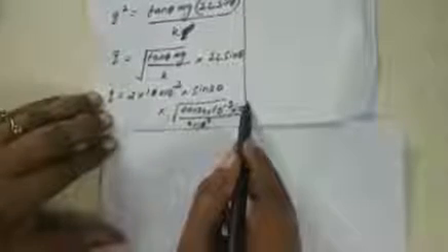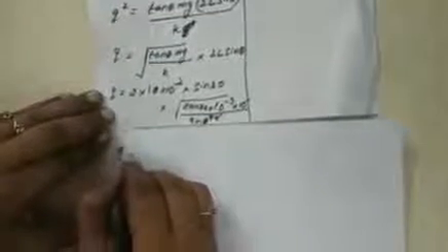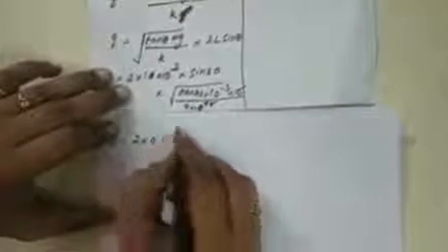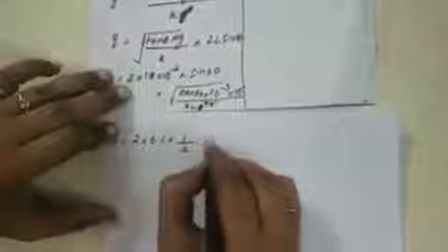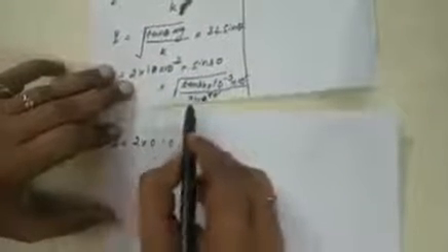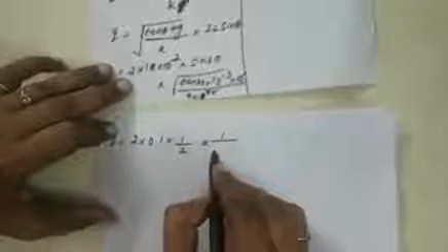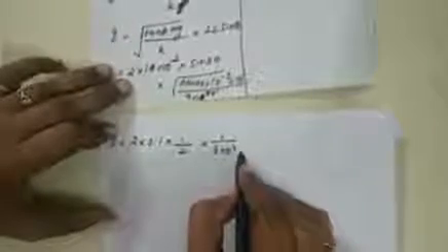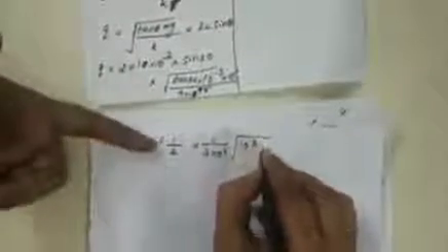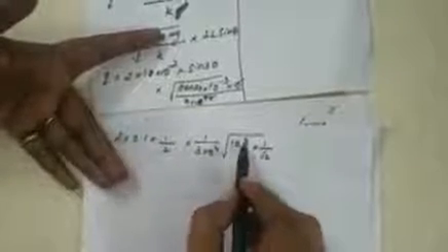So here 10 and 10 actually this will become 8. Then q is equal to 2 into 10 power minus 2, which is 0.1, into sin 30, which is 1 by 2, and in the denominator we are having 9 into 10 power 8. So taking outside of the square root 3 into 10 power 4, we are having the value 10 power minus 3 into, what is the value of tan 30? 1 by root 3.